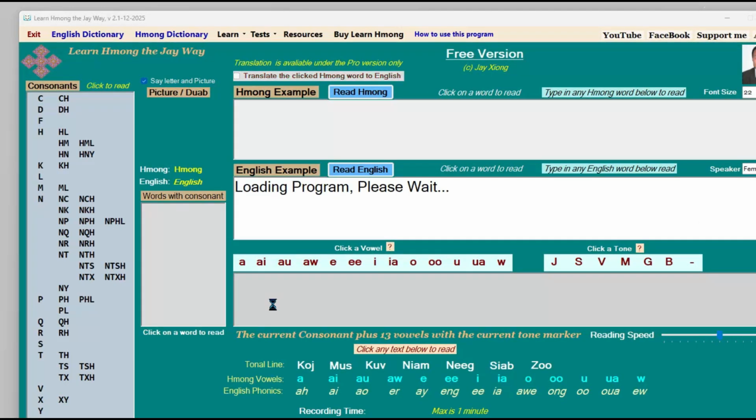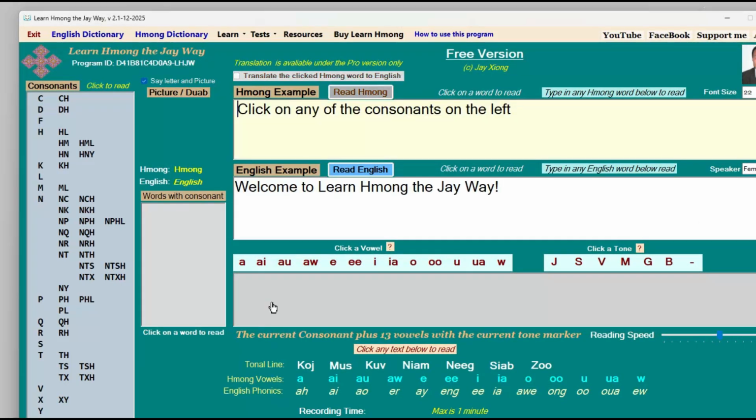And then there it is. Welcome to Learn Hmong the J way. You even get a welcome to Learn Hmong the J way right here. Okay, and this is the main screen of the program. Again, like it's said here, you click on any consonant over here to study, to learn. For example, the first consonant, jaw,